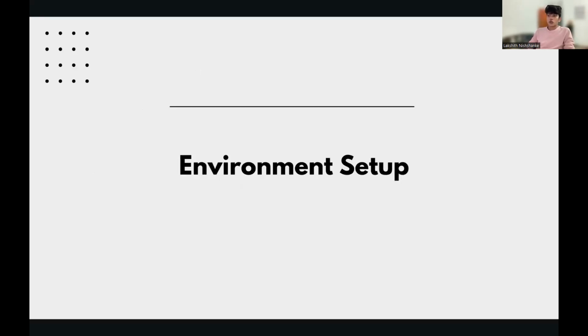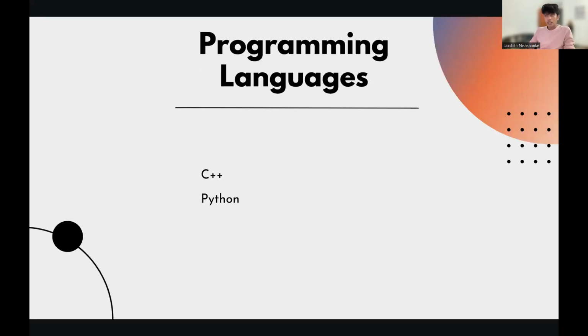Okay, so now we come to the environment setup. So let's talk about programming languages. From my personal opinion, there are only these two languages to try competitive programming: C++ and Python.